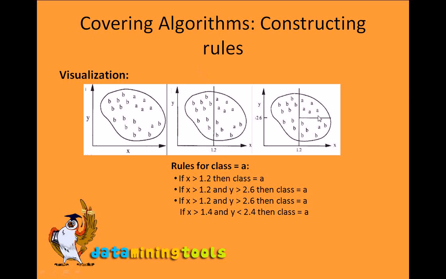We do another division, and as you can see, in this division it's all class b, in this division it's all class b except this particular case, which we can also exclude by further division, and in this division we have only class a. So if you want to derive a rule for class a, then we have the following rule: if x is greater than 1.2, that is the right side of this division, then class equals a. And if x,